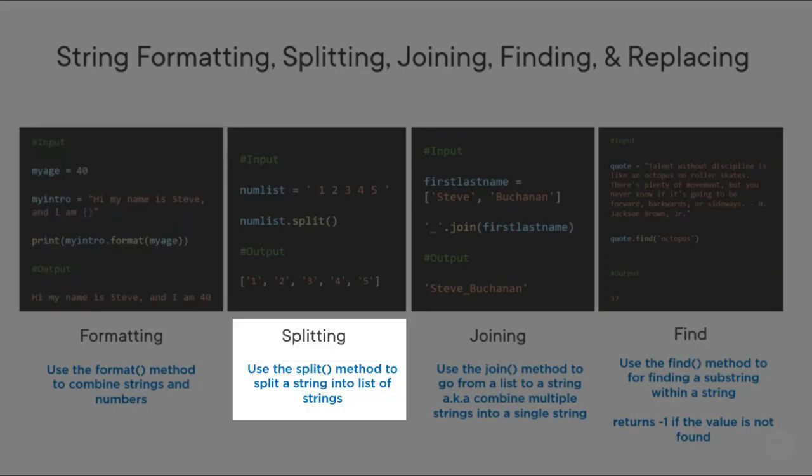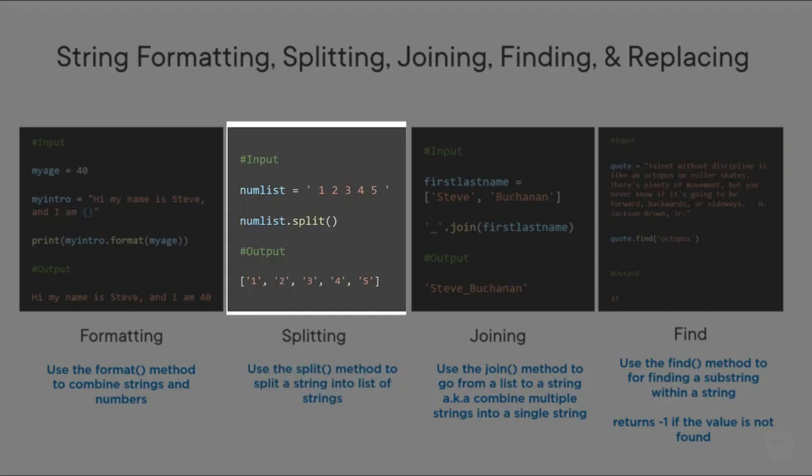Now, the next one here is the split method. And we use this to split a string into a list of strings. And so we could see here in the first variable, we have a list of numbers 1 through 5. And we want to take the split method and split those up. And you can see in the output that we've done that. We've split these up into a list of strings, and there we could take that data and put that into a CSV file or some other system, or output it to something else